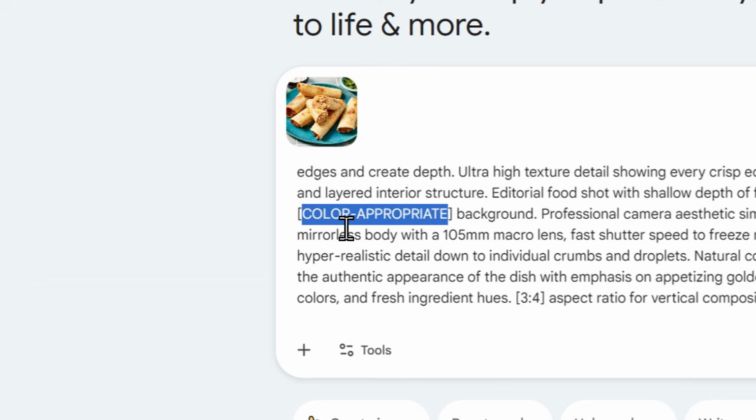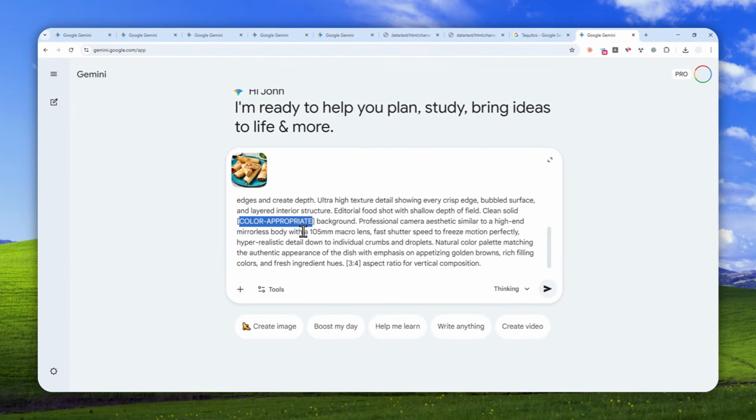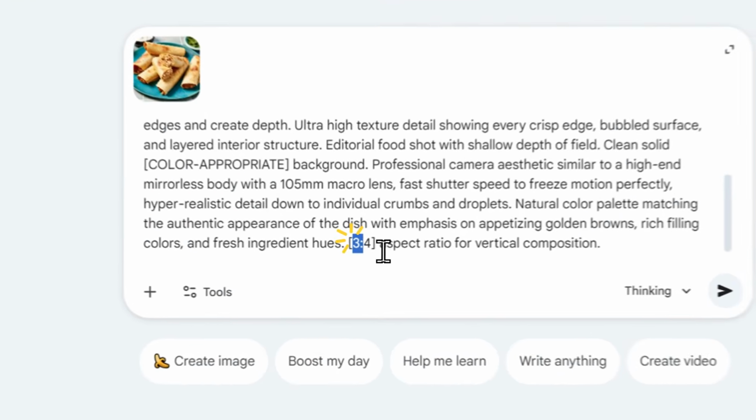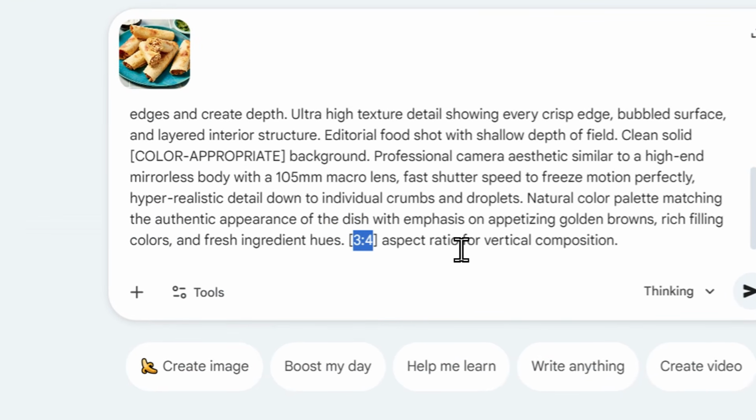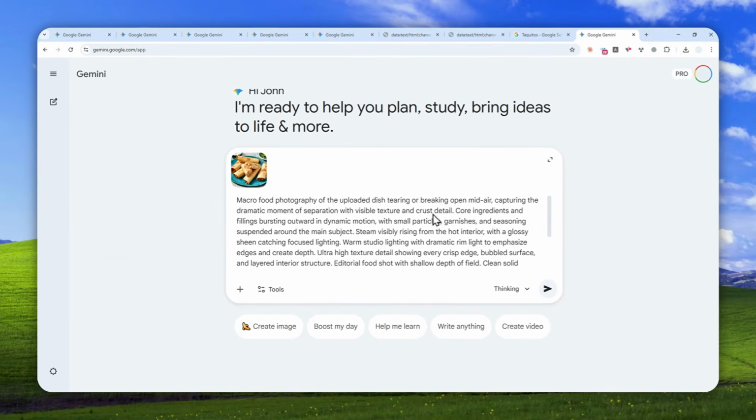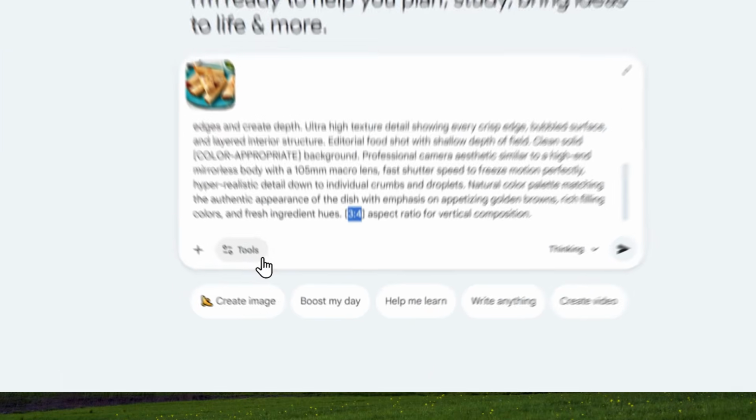So that's why I'm using color appropriate instruction here, but you can use a different color like black, red, or white, yellow, green, blue, purple, etc. Now down here, you have the option to choose the aspect ratio or the dimension of the picture. Now I'm using 3:4. And after that, when you're done with all of the settings and the prompt, you can